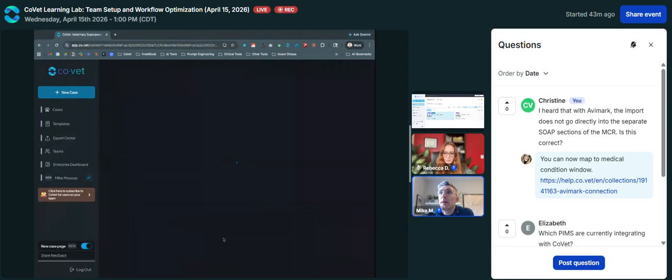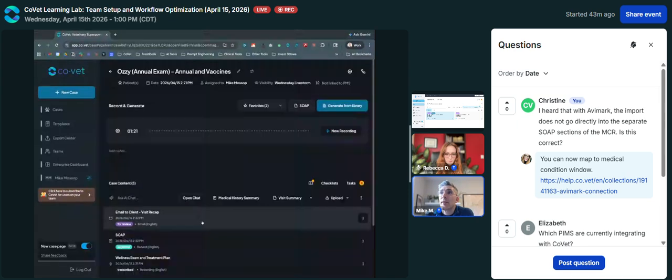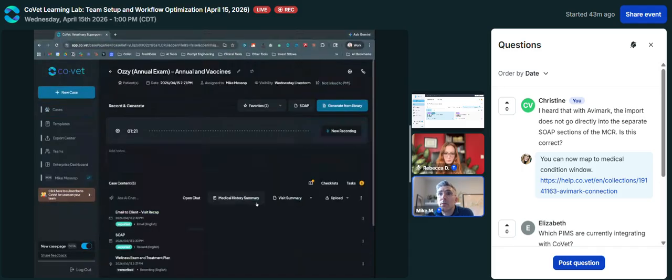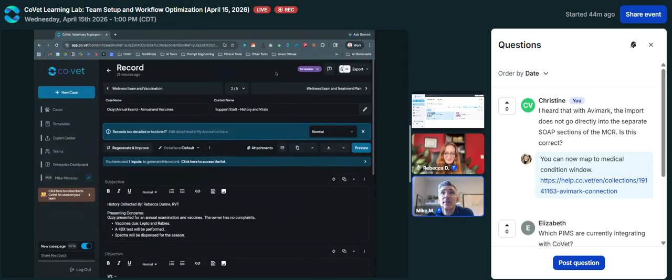Basically, oh, so that one is exported. The reason our case status hasn't changed is because we have that second one. But if those are both at exported, I can kind of tell on the case screen. We have, oh, we had another one in there. This one, there is, so